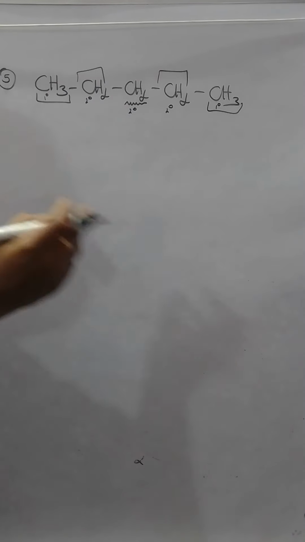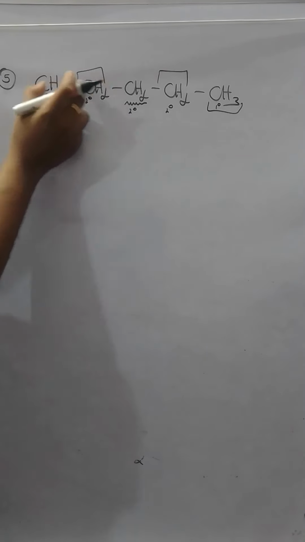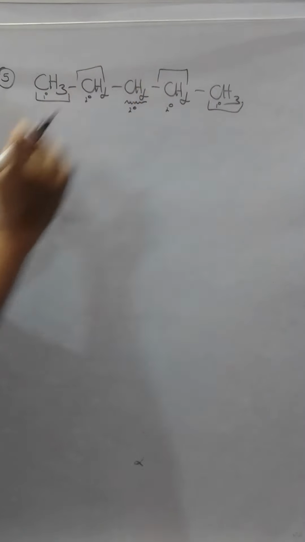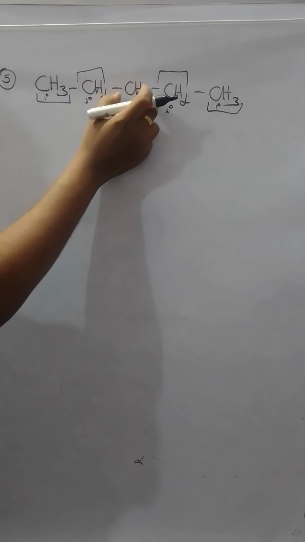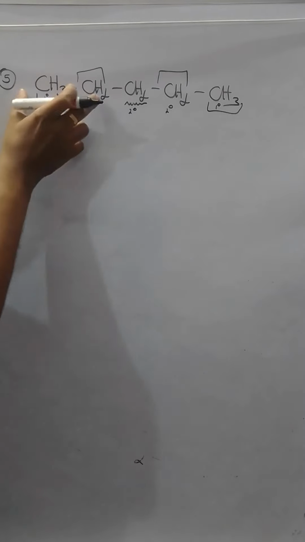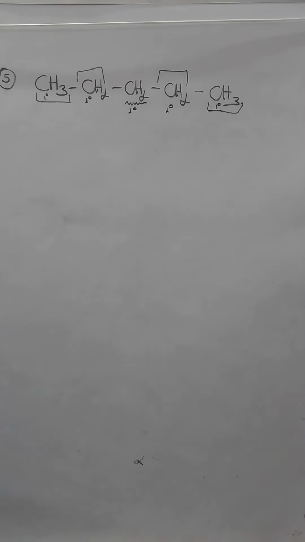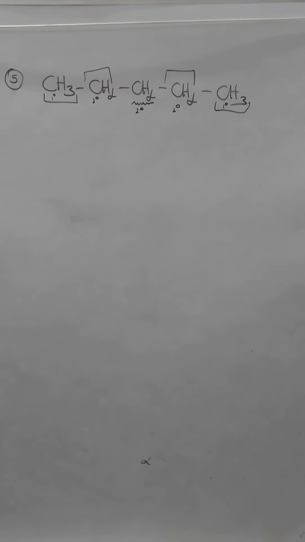No. It is based on the point of attachment. Look at this CH2 on the left side, we have a CH3, on the right side we have 3 carbon atoms. If I take this CH2 on the left side, I have CH2 carbon atoms, on the right side also we have 2 carbon. Though it is a secondary carbon, it is a different type of secondary carbon. Now how many alkyl groups are possible out of this? There are 3 alkyl groups which are possible out of this.